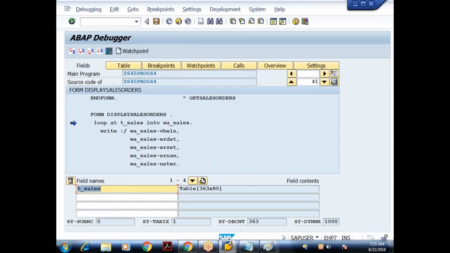Now I'm trying to loop and display. So earlier, when I pressed F8, what happened? It checks whether any further breakpoints are available. I don't have further breakpoints, so the rest of the program got executed as a single step. Now what I want is that when I press F8, it should stop me